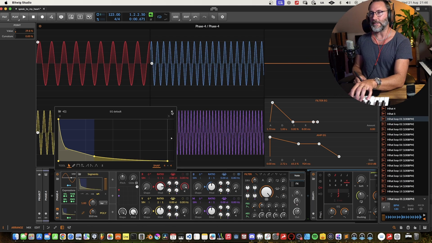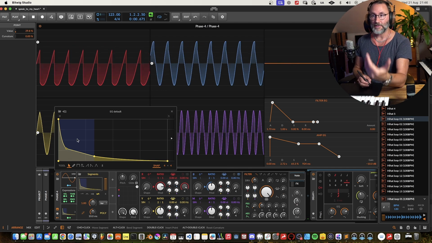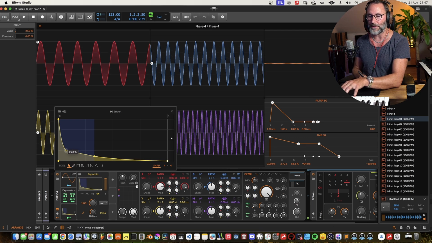Also a quite sweet little sound. And how we create this envelope will heavily affect what kind of sound we get from the phase modulation.